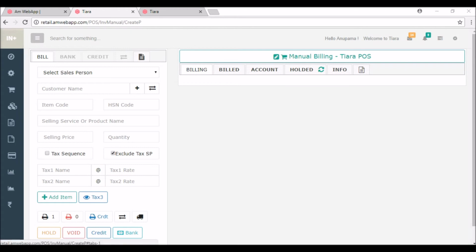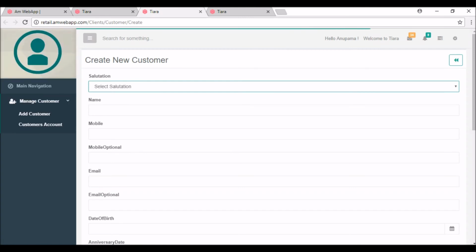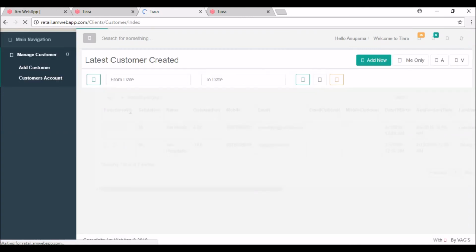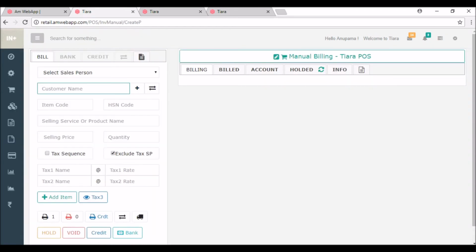You have to create a customer, like when you click on this plus sign, you can see a create new customer page, but I've already created my customers. Like you can see Am Hotels and Am Hospitality. You can add your own. I'm saving my time, so I'm clicking here, Am Hospitality. I've created the customer. So now item code is